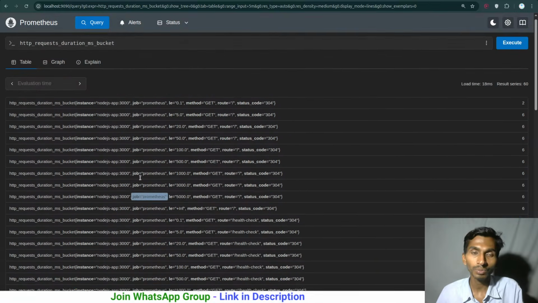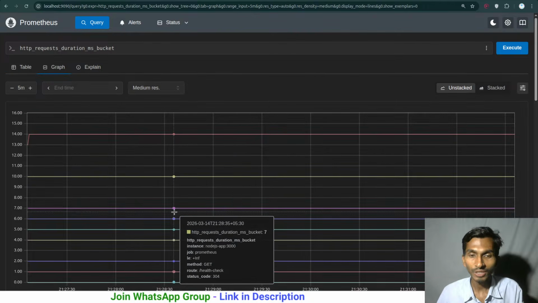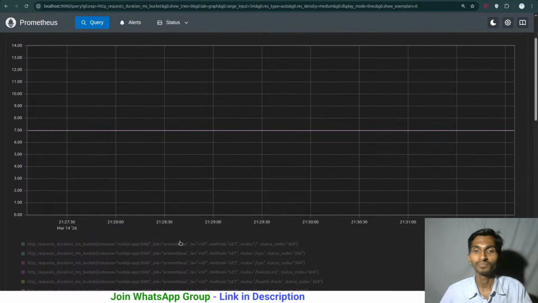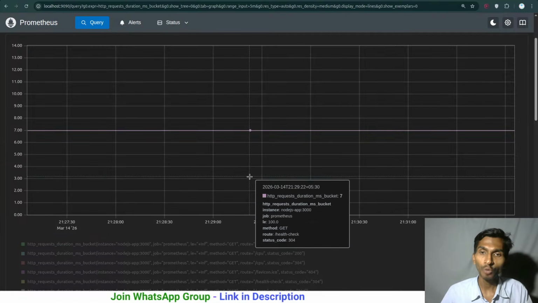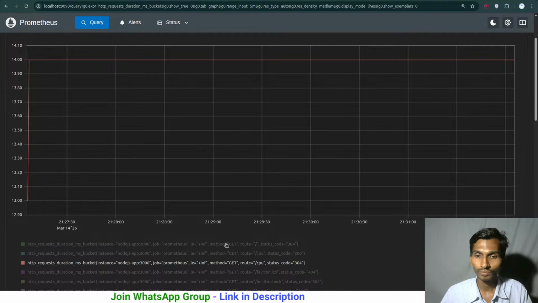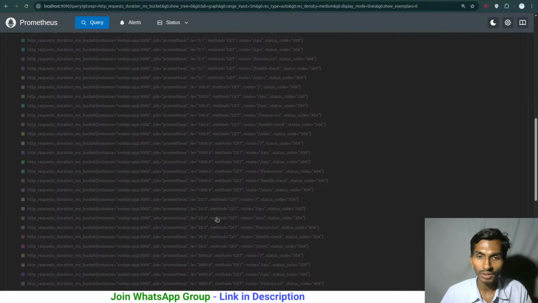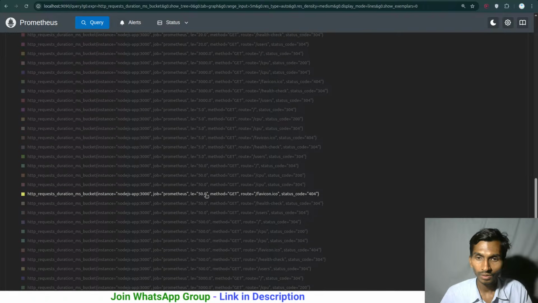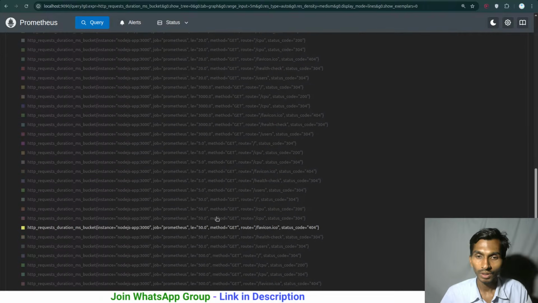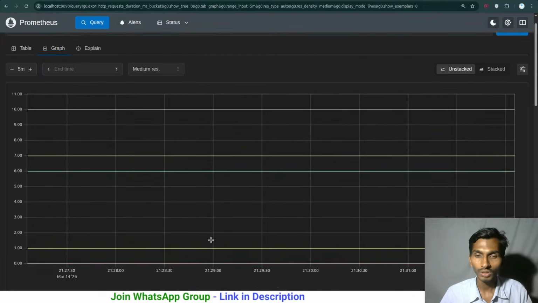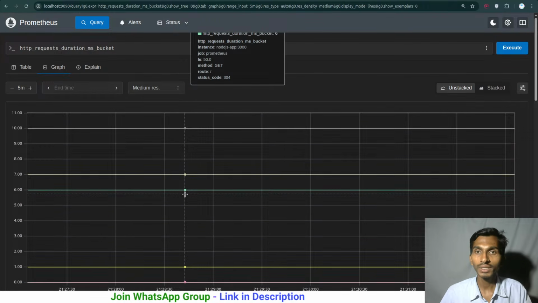So this particular table is understandable, and as for this particular graph, it does show the same thing, in the sense that over time it tells how many requests got resolved. So, less than infinity, less than 50 milliseconds. Let me select all the less than 50 ones. So this is how it goes. So it is clearly telling me that